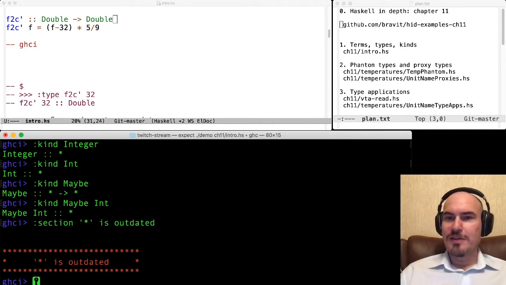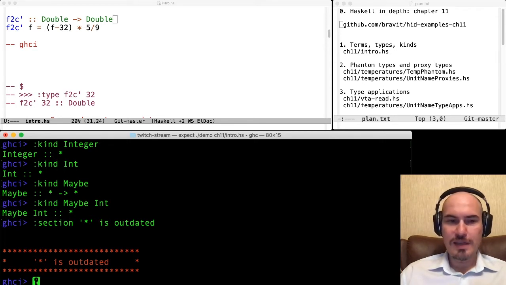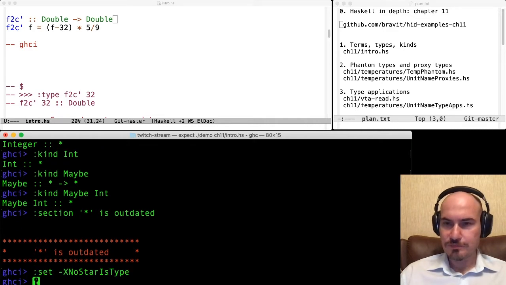Now this star thing is a little bit outdated. We try not to use it anymore in modern-day Haskell. Instead, we are using another word, which is Type. In order to use it in GHCi, we have to set this GHC extension, NoStarIsType.